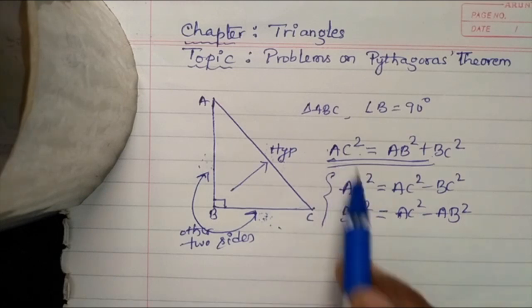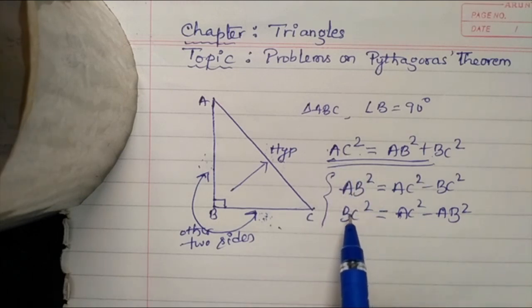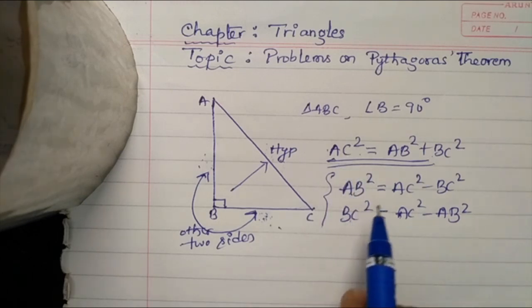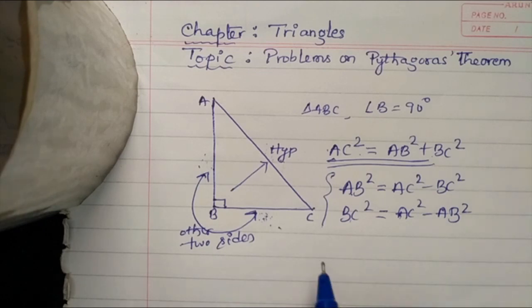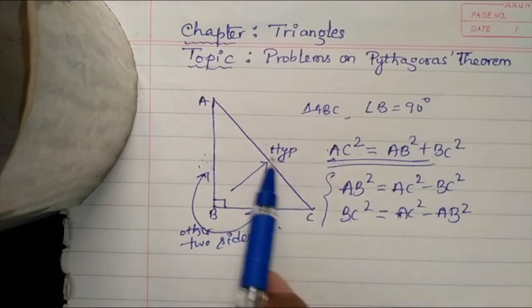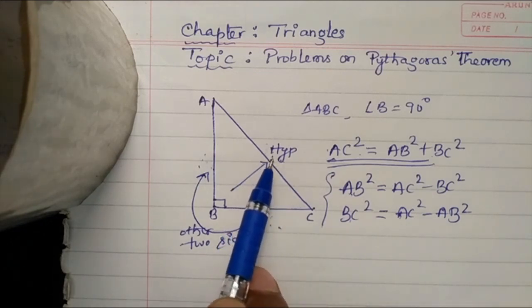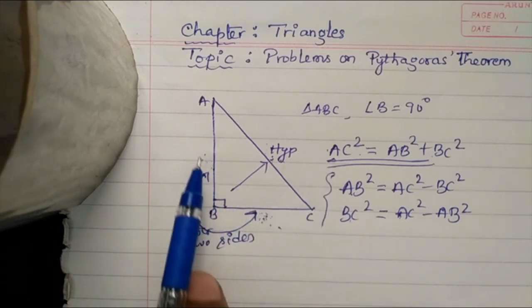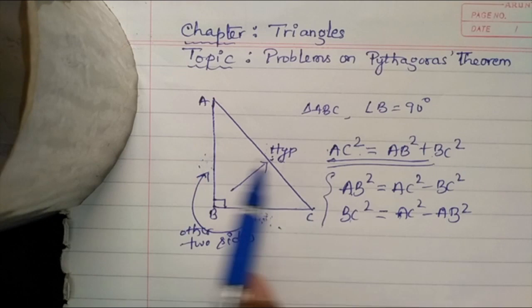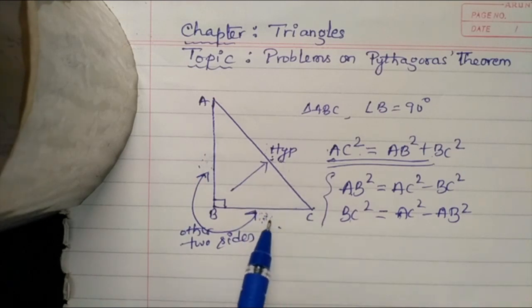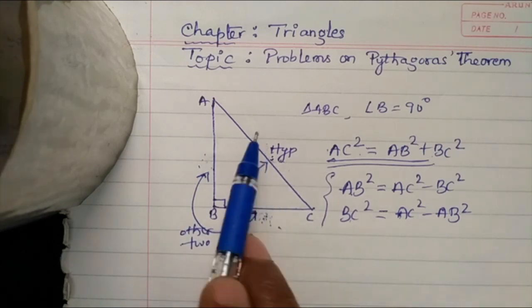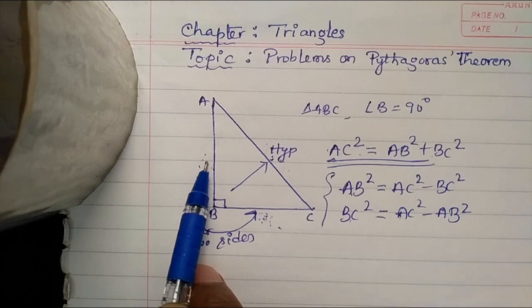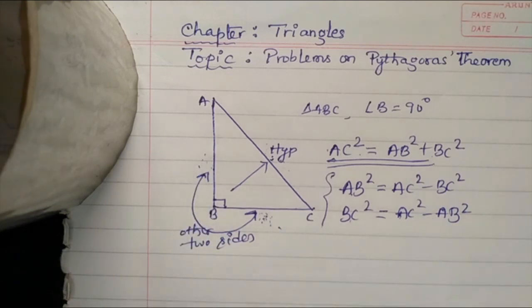So therefore, learn these three ways of writing the Pythagoras theorem equations properly, then the proving problem will be solved easily. I explain once again. If you are writing the longer side square first, then these two add. If you are writing this smaller side, subtract these two, longer minus smaller. If you are writing this smaller, the longer minus another smaller, like this.